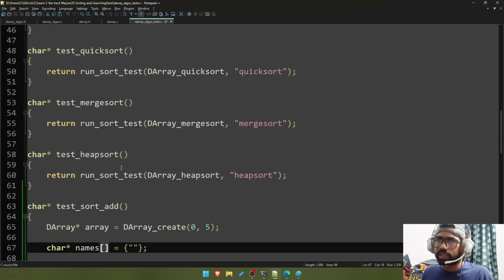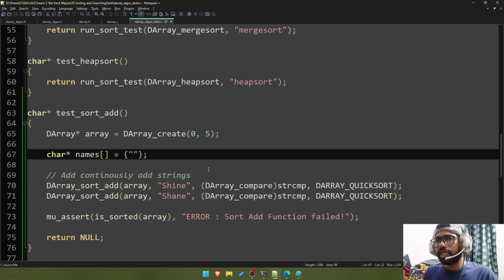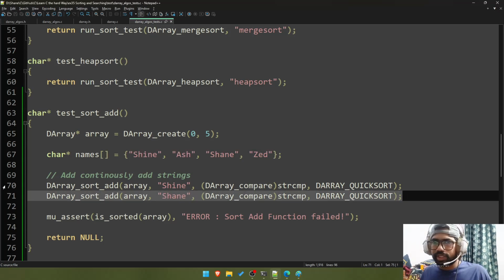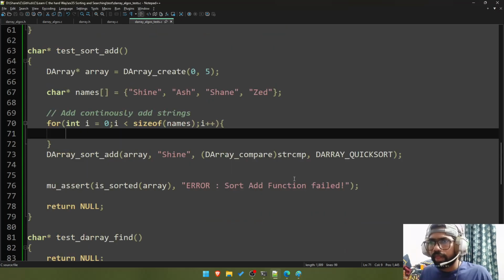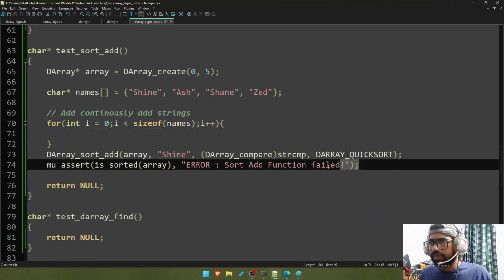An array of char pointers, and they should be, let's say I'll start with Shine, then I'll have Ash, and I'll have Shane, and I'll have, let's say, Z. Okay, then what I will do is I'll start a for loop for int i equals 0, i less than size of names and i plus plus, and we will